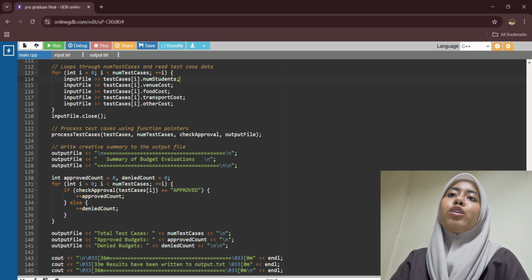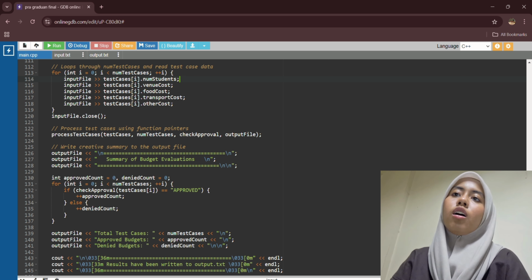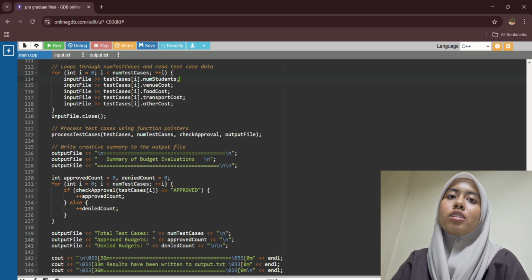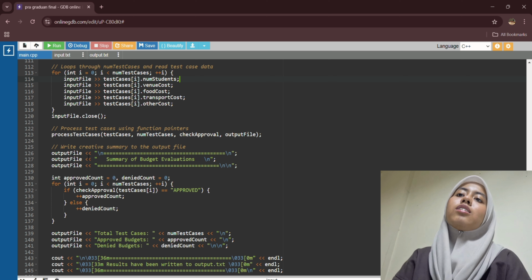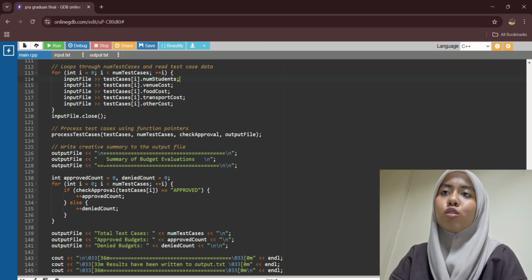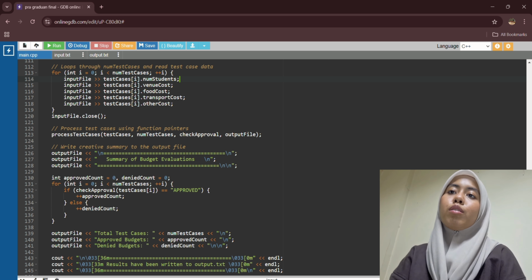Next, we are going to process test cases using the function pointer. We call process test cases to evaluate and write the result. And then we are going to count the number of approved and denied test cases. So here we are going to write a summary to the output file, and then we are going to count the number of approved and denied